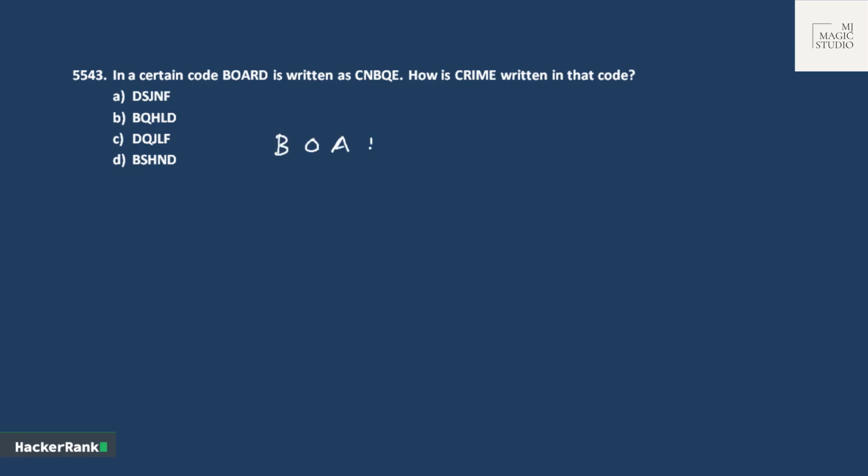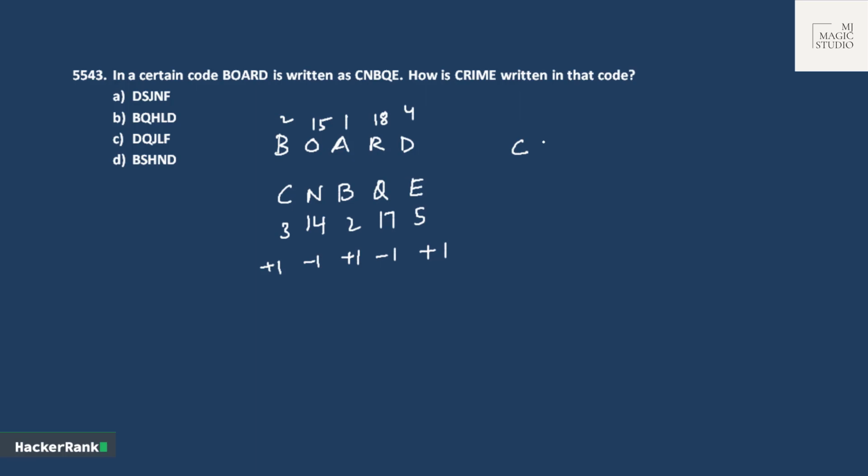In a certain code, BOARD is written as CNBQE. B is 2, C is 3, so plus 1. O is 15, N is 14, so minus 1. A, B, plus 1. R is 18 and Q is 17, minus 1. D is 4, E is 5, plus 1. So we are going plus 1, minus 1, plus 1, minus 1, plus 1. We need to find the